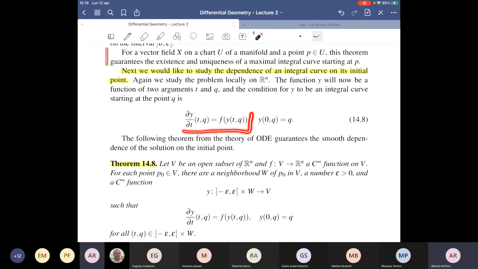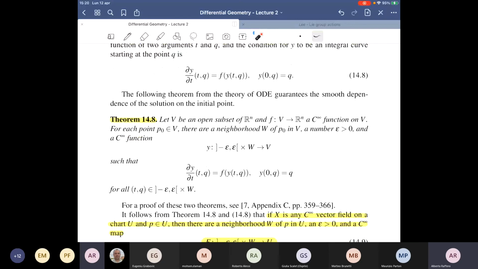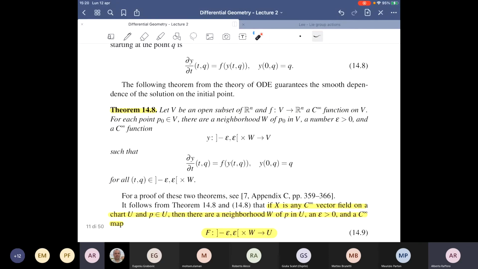So in such a case, you rewrite your flow equation in this way. So you will have the ODE, which now, if you want, becomes a kind of PDE, because you're taking the partial derivative with respect to the first coordinate only, and you require this equation to be solved, and you require the initial condition to be this one. And what's going on is that you have also a smooth dependence on the initial datum for your solution. And this is precisely what this theorem is telling you.